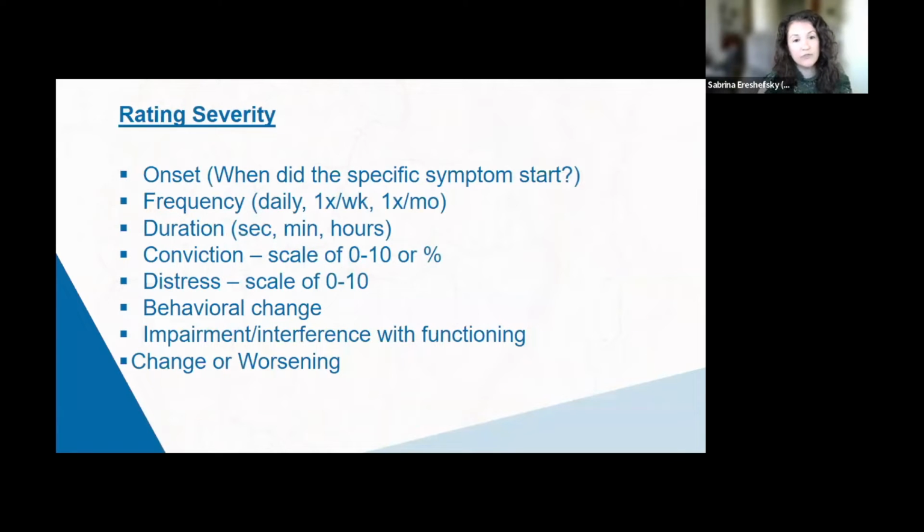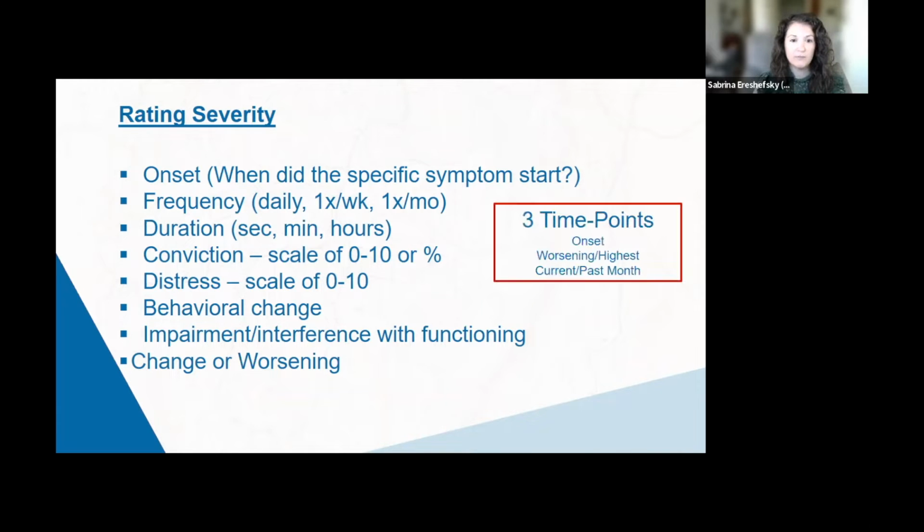For each individual item endorsed, we have 3 different sections on the mini SIPS: the delusion-like symptoms, the hallucination-like symptoms, and the disorganized symptoms. We want you to ask each of these elements so that you can make an accurate rating. So for any endorsed item, these areas are onset, frequency, duration, conviction, distress, behavior change, and impairment or interference